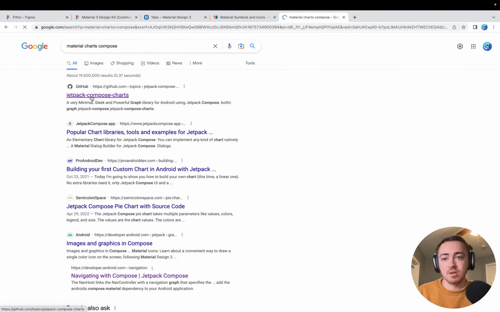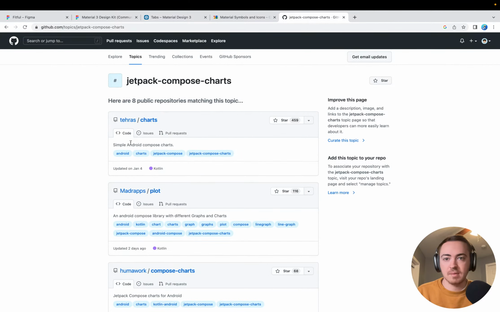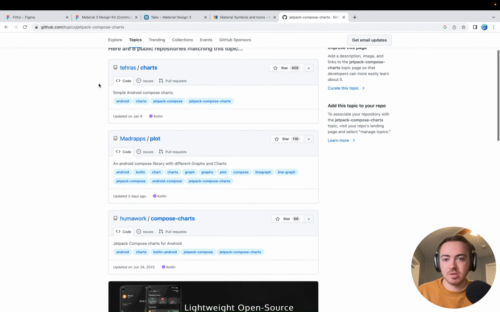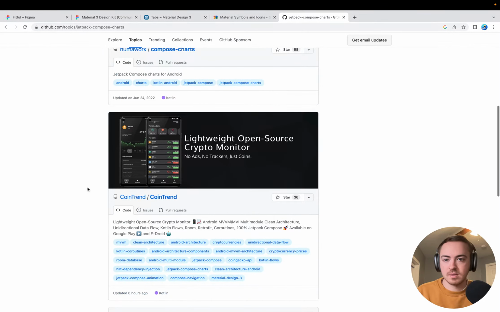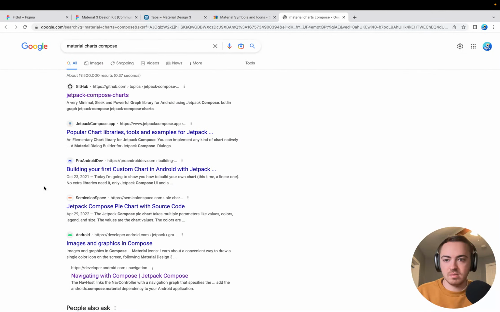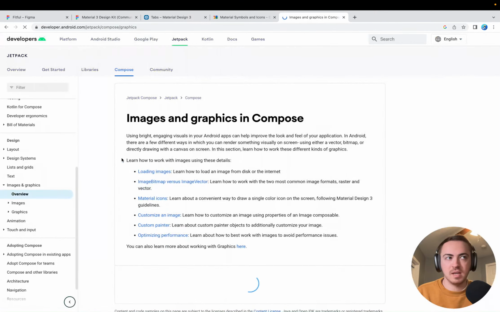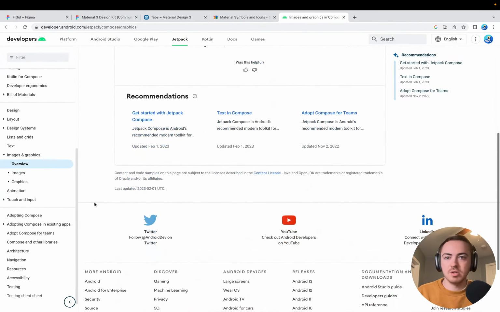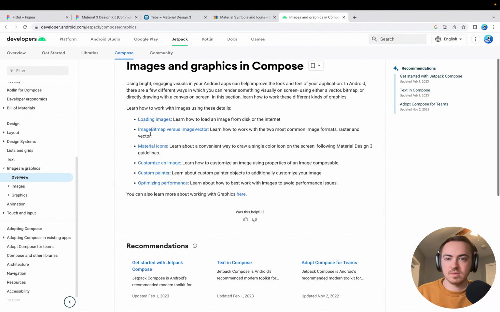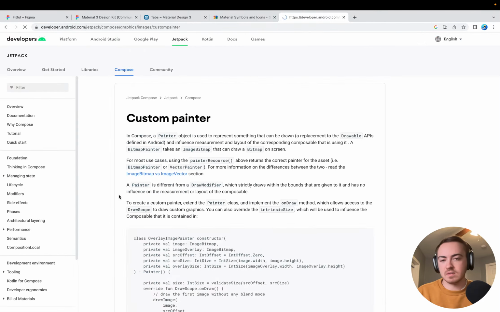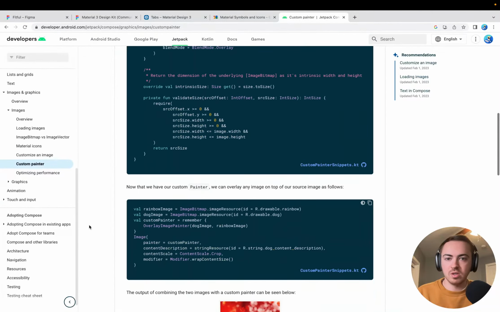There are third-party stuff on GitHub, specifically Jetpack Compose charts by a bunch of different people, but not. Yeah, so this is Android documentation right here. Images and graphics. I can make my own chart by using a painter and a canvas, which would be really good for,